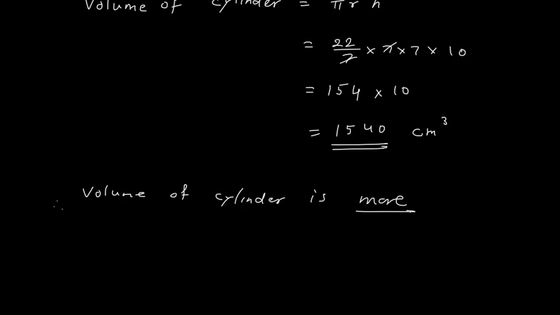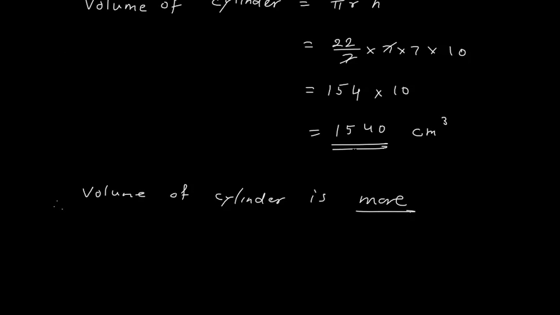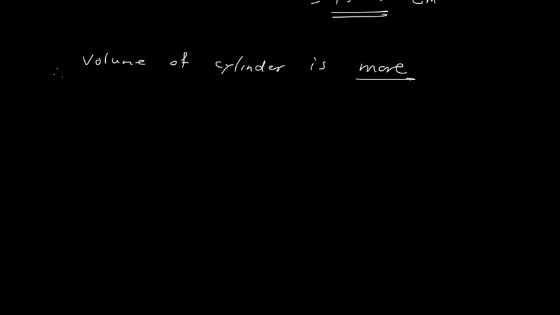Okay, let us check if they ask anything else. Which container has a greater capacity and by how much? So the volume of the cylinder is 22 upon 7 into 7 into 7 into 10, the 7s cut, which gives 1540. Okay, so the volume of the cylinder is more by